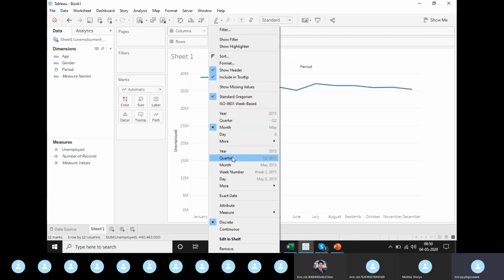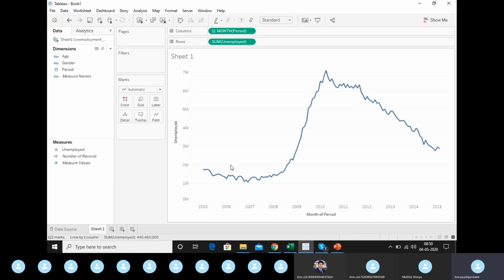But once you do this to this month, you'll see that the graph has changed. Why is that? Here also we are selecting the month and the graph has changed. One major difference is also there, that it has become green, right? So now Tableau is not categorizing it on the basis of month. It has scattered this month timeline across 2005 till 2015. So if you'll see it, between 2005 and 2006, it has plotted 12 points of various months, and this has made the timeline much more granular, and here the data can be analyzed in a much better way.